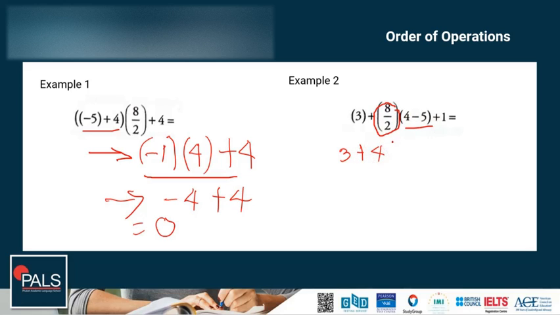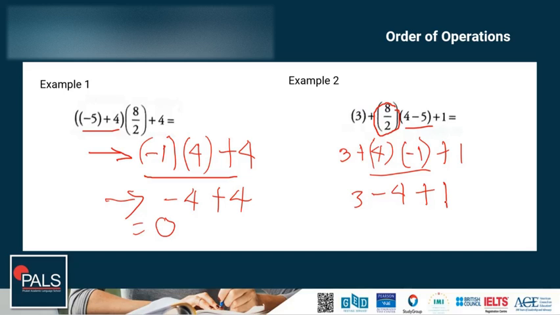4 minus 1. 4 minus 1 is -1 plus 1. Then next is 4 times -1. So we have 3. 4 times -1 is -4 plus 1. And then